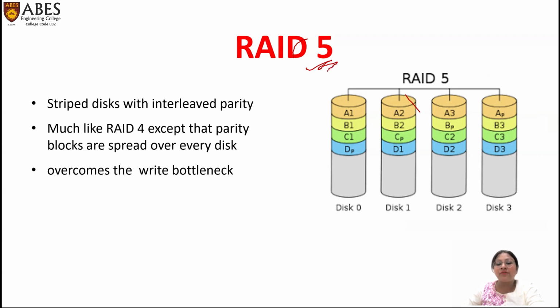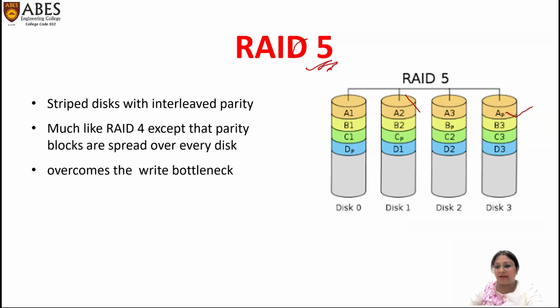In RAID 3 and RAID 4, the limitation is that parities are stored in a separate disk, and when that disk fails, you cannot recover the other disk data. But in RAID 5, the parities are stored separately. All the blocks' parity is stored across different disks. Like